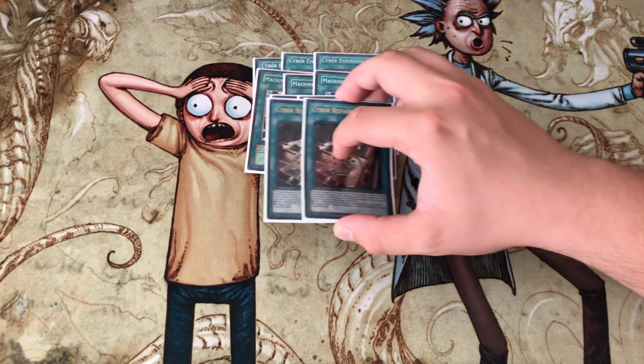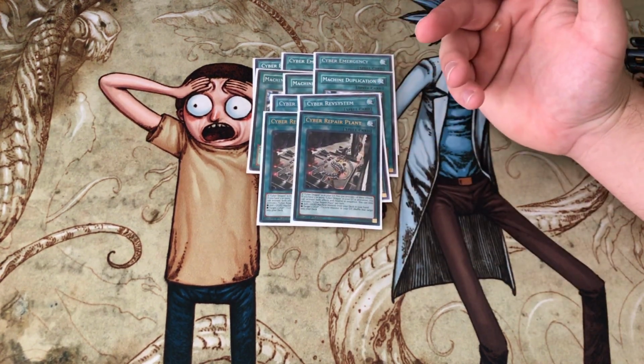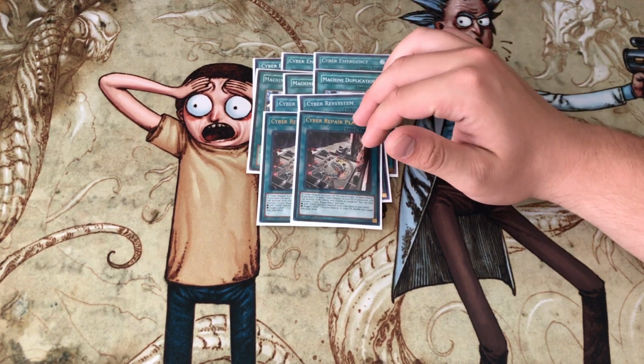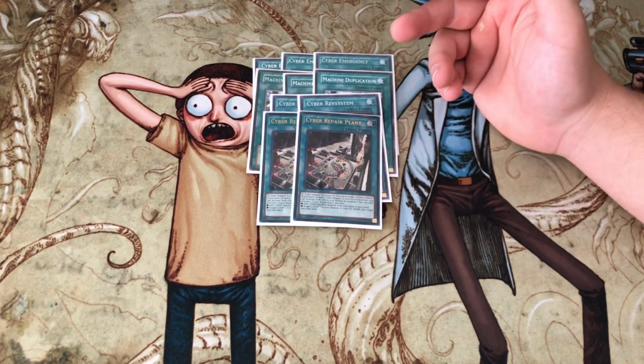Next, we are playing 2 Cyber Repair Plant. Now, I've talked to a lot of people. 2 seems to be the right number. 3 is too much. 1 is too few. You want to see this in your hand. You want to search it. Usually, if you search it once, and